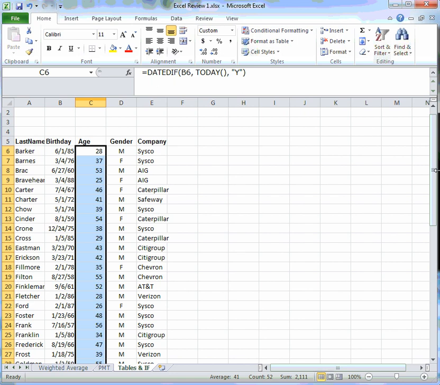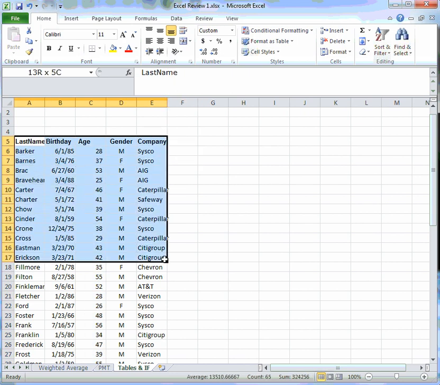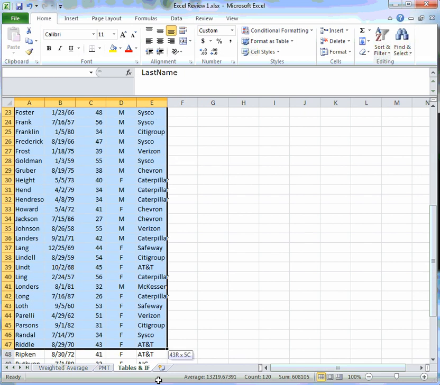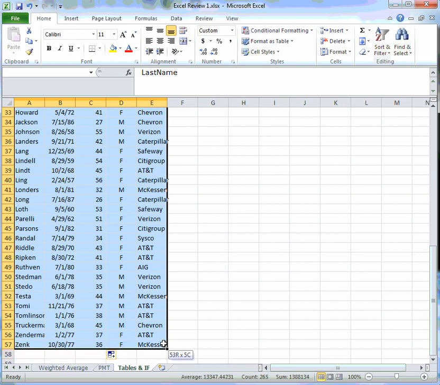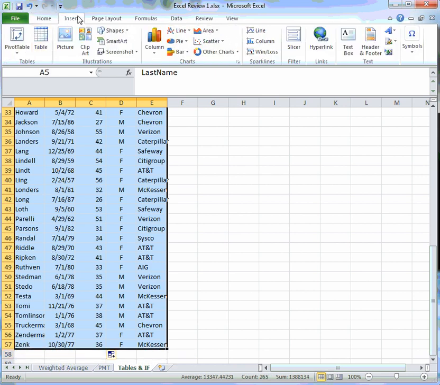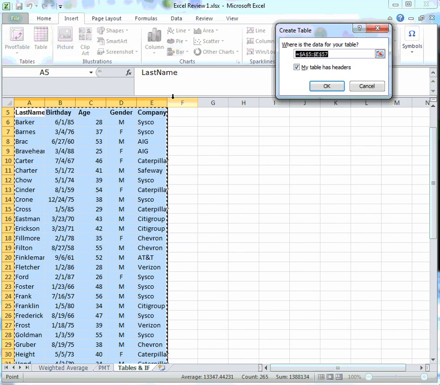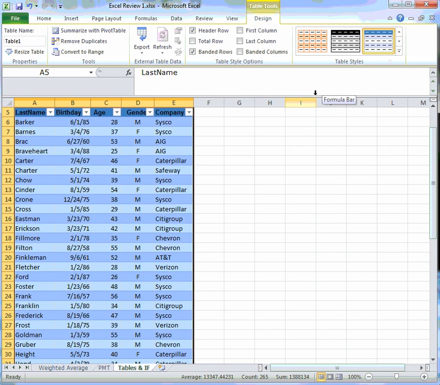The second thing that they want us to do is to insert a table for that range. So I'm going to highlight the range and I will insert table. And Excel asks me, is your first row headers, table headers? And I agree, and I hit OK. So now I have a table, and I can see that I can do certain things with the